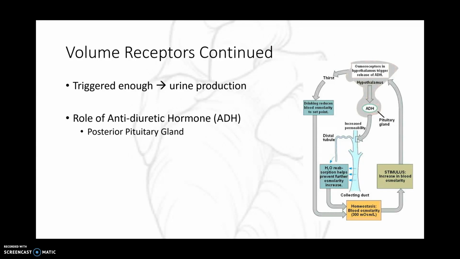We will decrease the release of ADH, and by decreasing the amount of antidiuretic hormone, then we increase urine production. So that makes sense if we're in a hot environment and we don't urinate as much. One, it could be the reason if we're dehydrated, but two, we are actually increasing the release